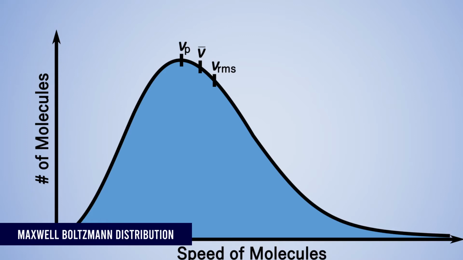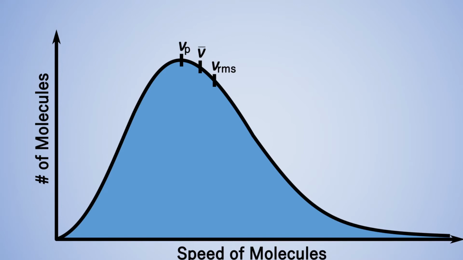And this curve outlines how the particles are moving at different speeds. I'm going to try to demonstrate that to you as we move on. But the most important thing to understand is that the particles are all moving at different speeds. When we talk about these systems, a lot of times we talk about the average speed, or we might say the average velocity, and use those interchangeably, even though we know that velocity is a vector measure and speed is a scalar measure. All right, so let's take a look at how we can apply this and what tips we can gain from it.